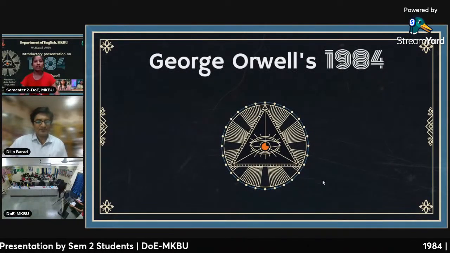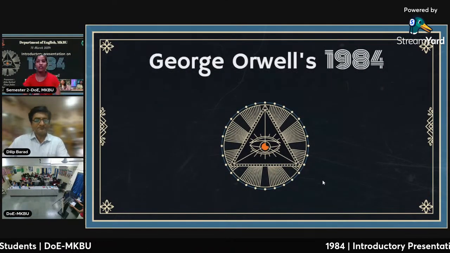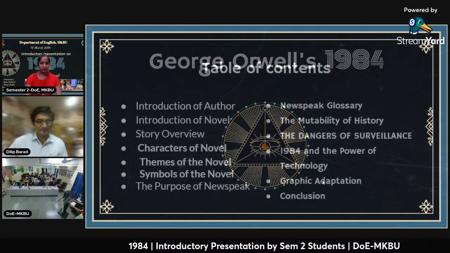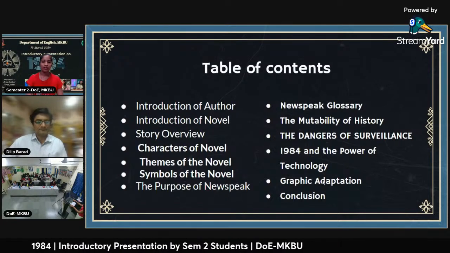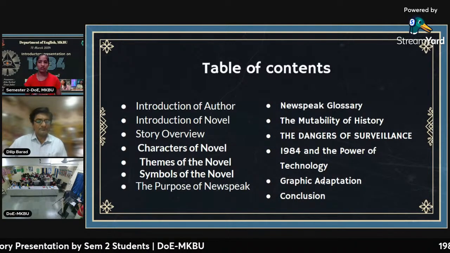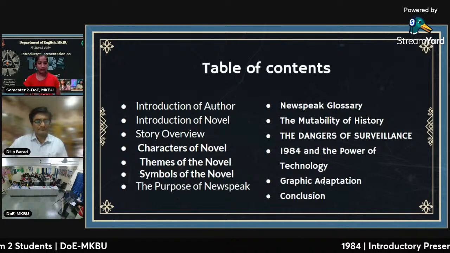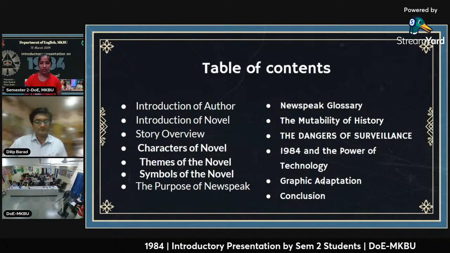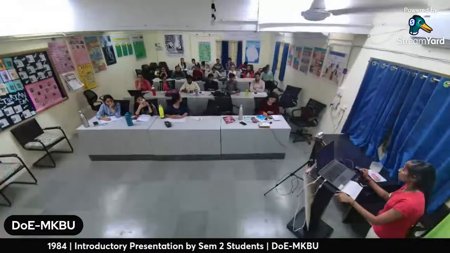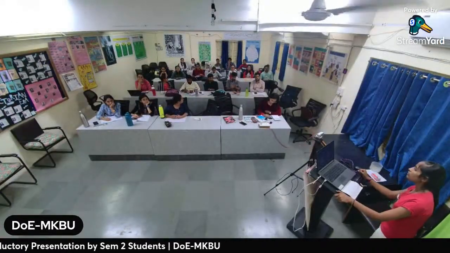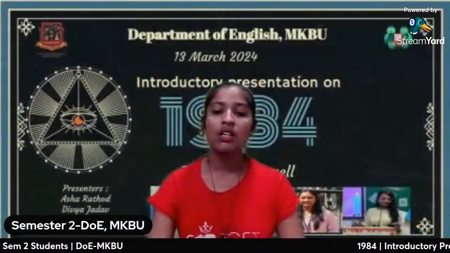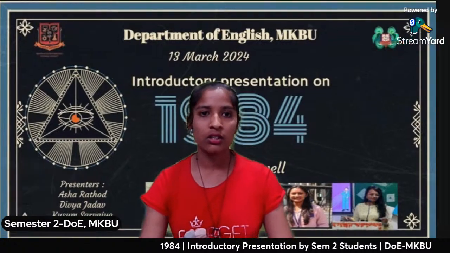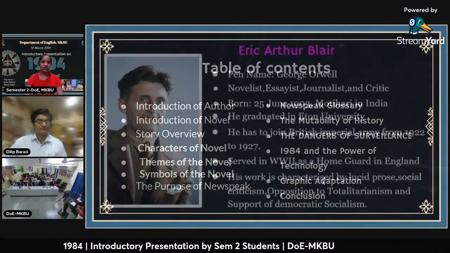Very good afternoon, everyone. We are going to introduce the presentation on 1984 by George Orwell. So this is the table of contents: introduction of author, introduction of novel, story overview, characters of the novel, then themes of the novel, symbols of the novel, then purpose of newspeak glossary, the mutability of history, the dangers of surveillance, 1984, and the power of technology, then graphic adaptation, and then conclusion. I will deal with this